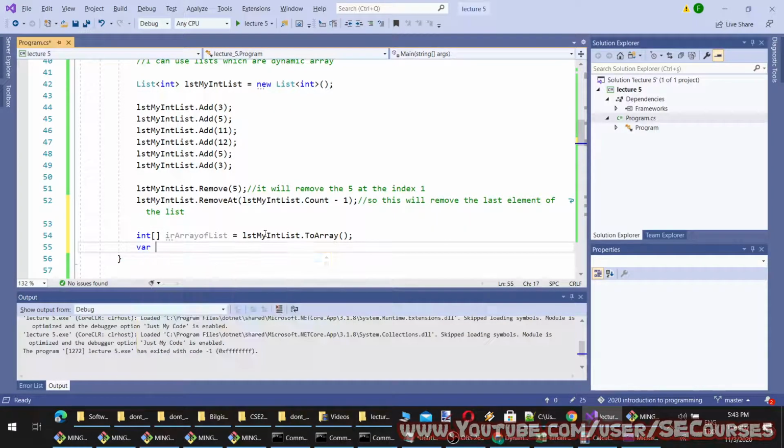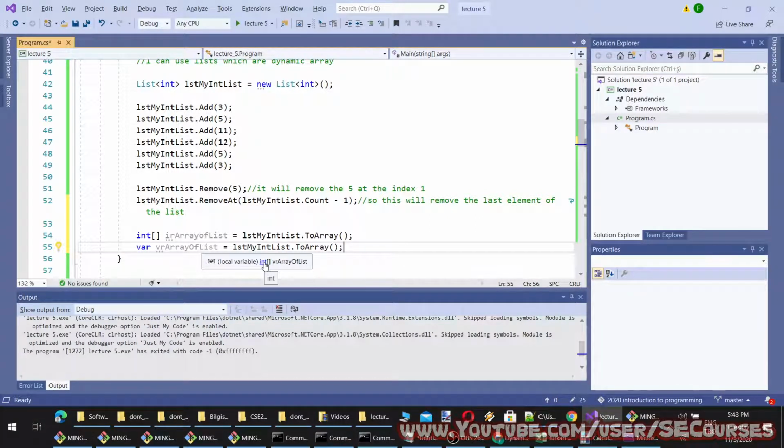So alternatively, you can use the var keyword, which will determine the type dynamically. You can use the var keyword for many things. It will automatically understand what the type will be. When I hover over it, you see it is an integer array.